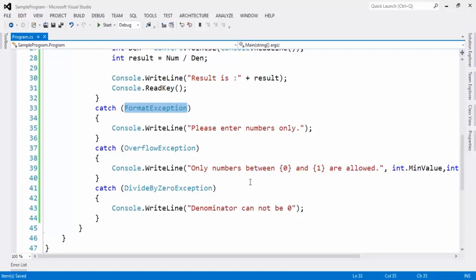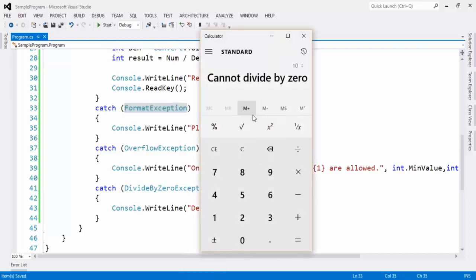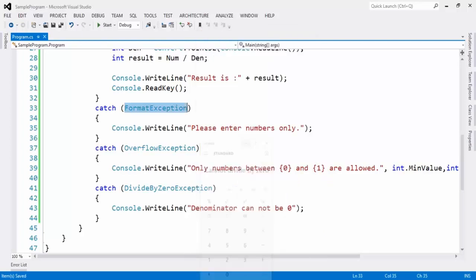And if users are entering numbers only, but very huge numbers, then I'm showing this error message. And if he entered a number within the range, but that was 0, again that is also not allowed because we cannot do division by 0, whatever the number is. Suppose 8 is there. If we divide by 0, it cannot be divided by 0. So that exception also we are following.